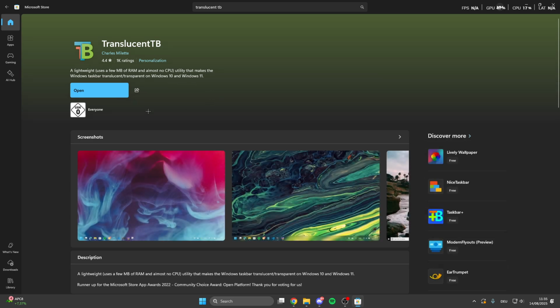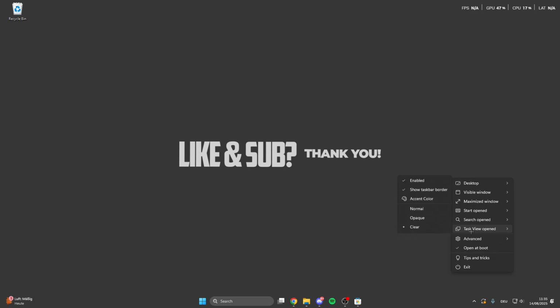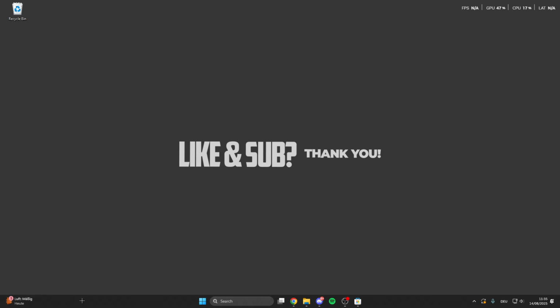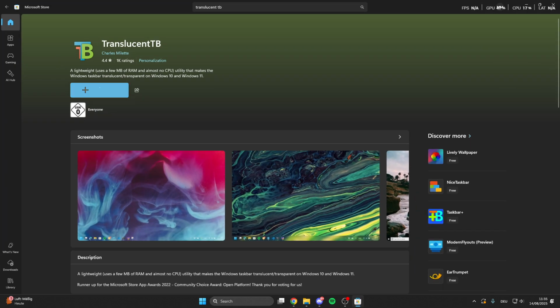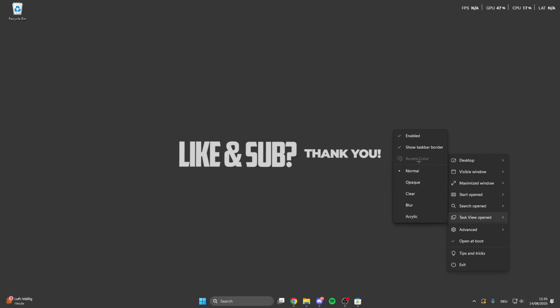So click on this, then install it, open it, and now what we can do here is go on the arrow, show hidden icons, and then we see Translucent TB. Click on this, and then we can go on Task View options, and this is like normal here. If I exit this, now this is my normal taskbar, and then I click on this and open this, and then you see the taskbar gets transparent. So what I also can do is here Task View options, and then I can click on normal,